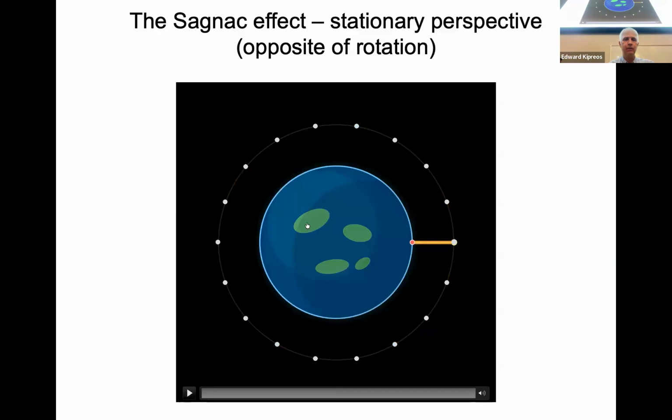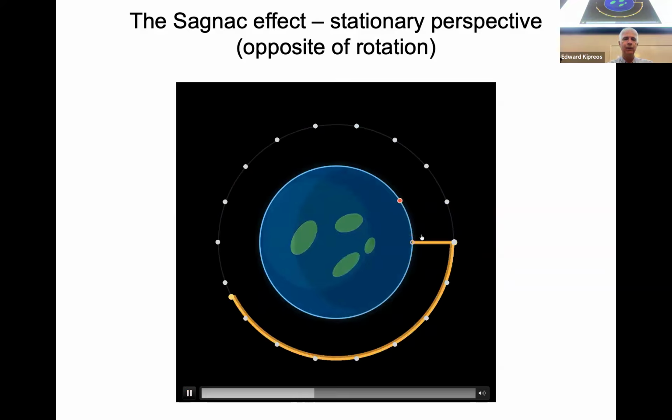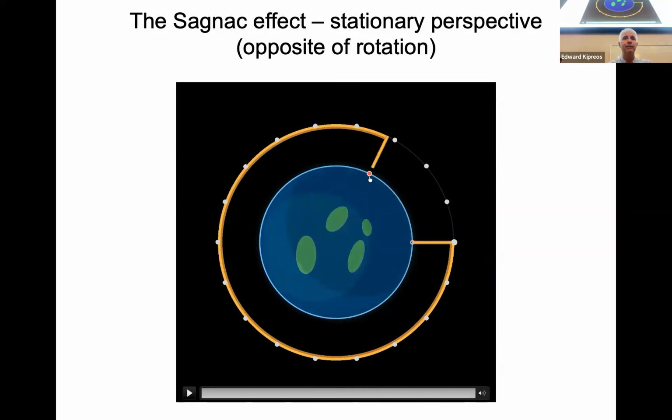And then here's going to be the Sagnac effect in the opposite direction. And so as the light's going in the opposite direction, this emission point is moving toward it, and it's going to take less time. And so it didn't go over a whole circle to get there. So that's the Sagnac effect in the opposite direction.